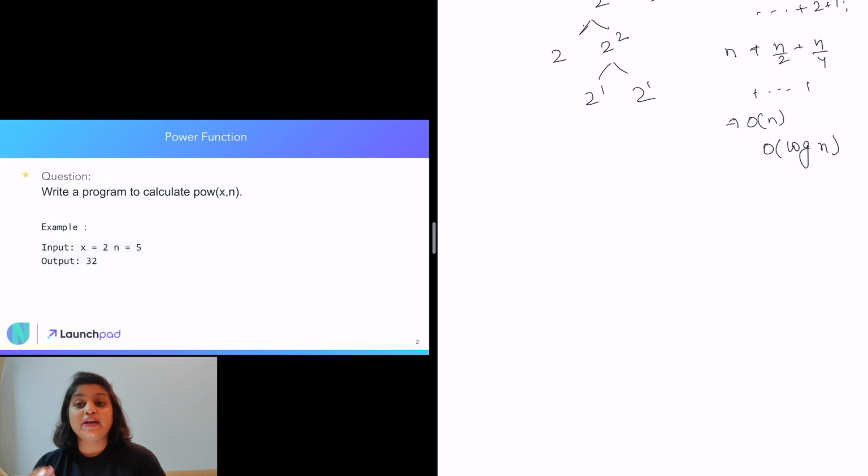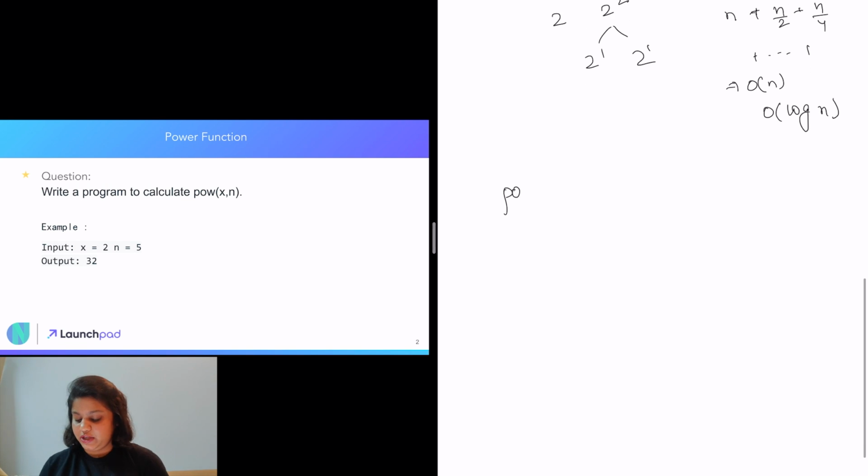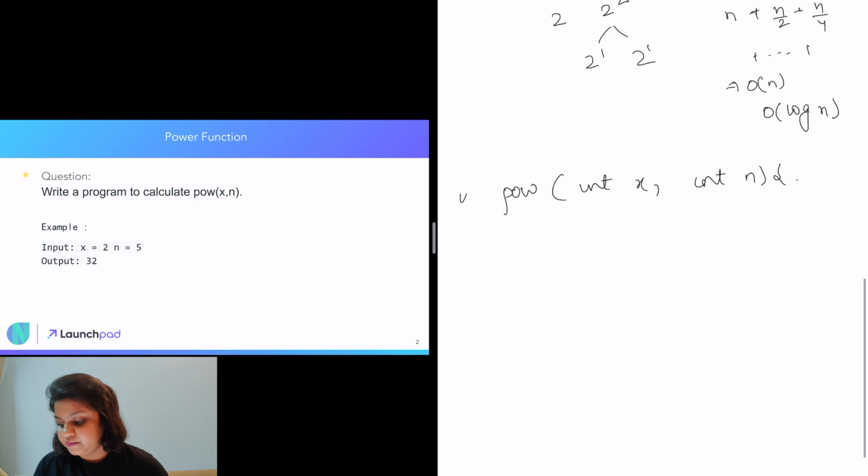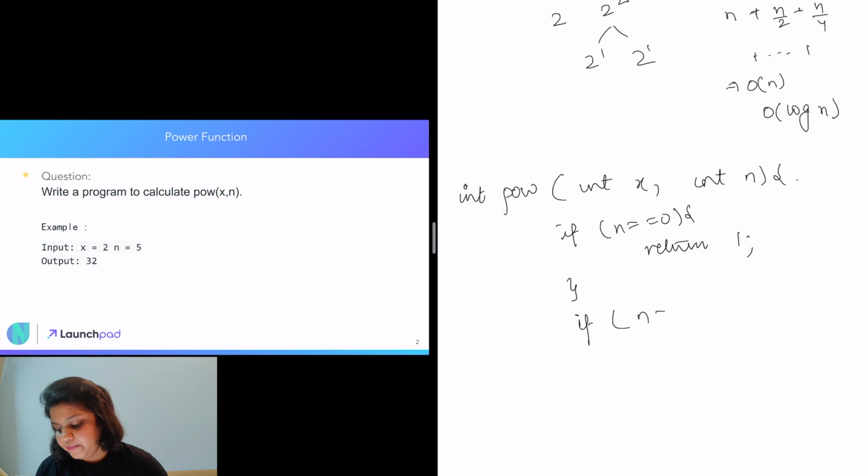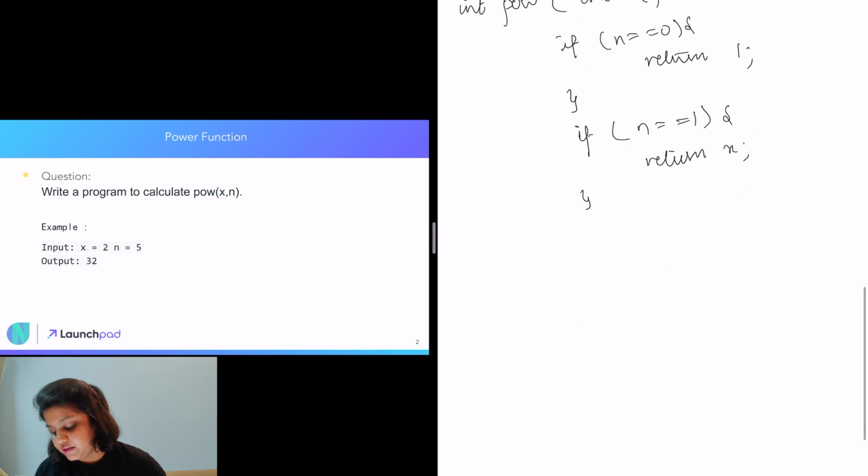Now let's write a pseudocode for better explanation. Suppose we have power of int x, int n, which will return an int. If n equals 0, return 1. If n equals 1, return x.